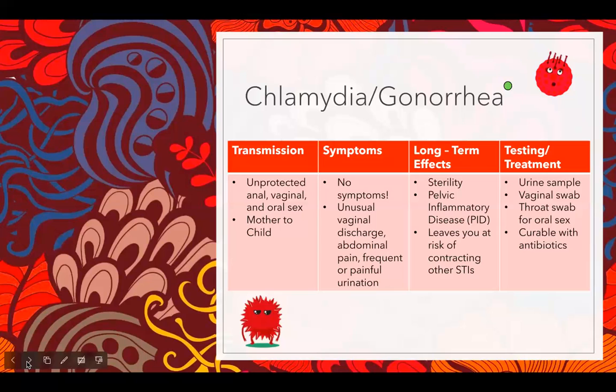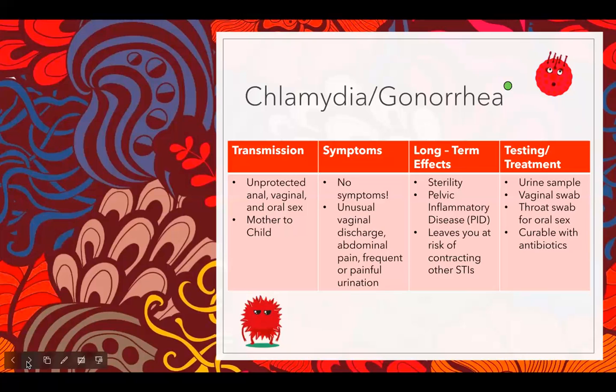Not like a giant flow like water, but there's just a natural discharge that occurs. So if you ever notice that discharge is unusual or not looking like the normal discharge that comes out of the vaginal opening, then that's when you should be concerned. It doesn't necessarily mean that you automatically have chlamydia or gonorrhea because there could be other reasons as to why the vaginal discharge is different, but it's just good to know what the regular vaginal discharge looks like and what an abnormal vaginal discharge looks like so you can stay in tune with your body and know when you should